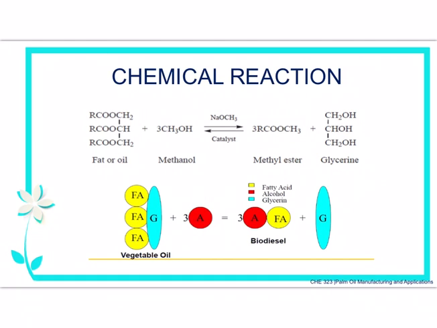So this one shows you the chemical reactions involved, and you can see that the reaction is a reversible reaction. Even though you use a catalyst to increase the rate of reaction, the reaction is still reversible. So in order for you to make sure that you get the methyl ester and glycerin as your end product, not the reverse product, which is you're going to get again your glyceride with the methanol, but at